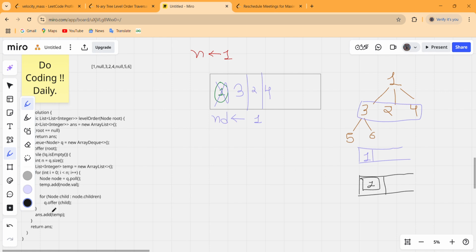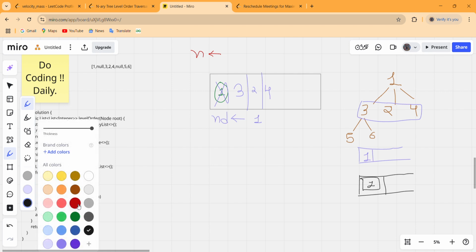Now again check whether the queue is empty or not, and this time the queue is still not empty, it has some elements. So now find the current size of this queue, and the current size is 3 this time. So update our current size from 1 to 3 like this,